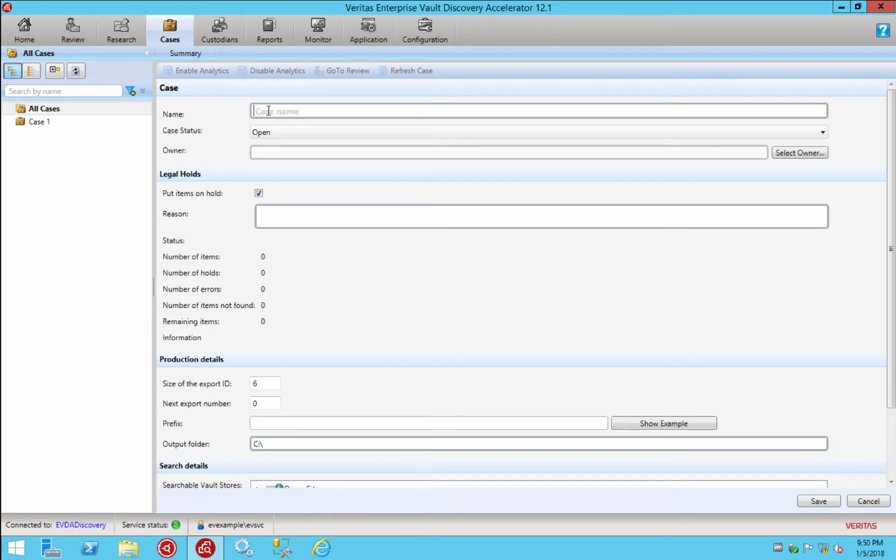Let's assume we're going to investigate one of our employees. Let's say we're going to review all the emails between Amy and Mike Smith, right? And probably we're going to look at some external emails as well, sent by Amy. So let's call this case something like, let's say, Amy Miller investigation, right? The case is open, owner is,